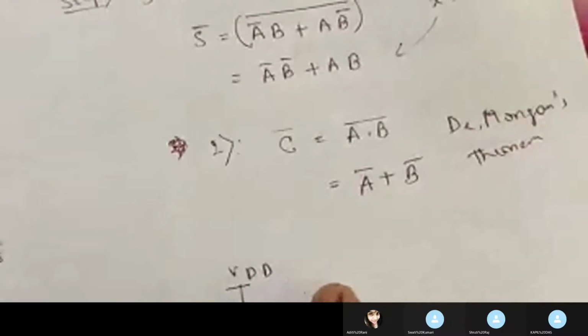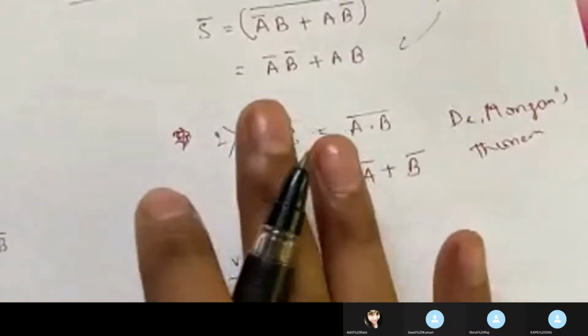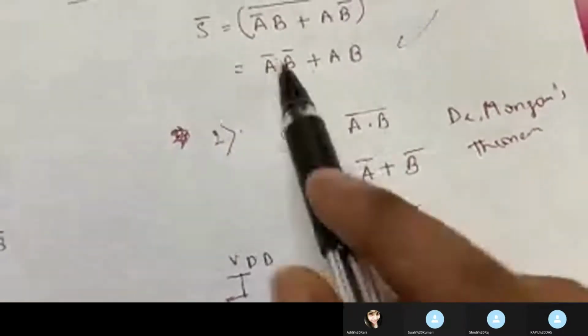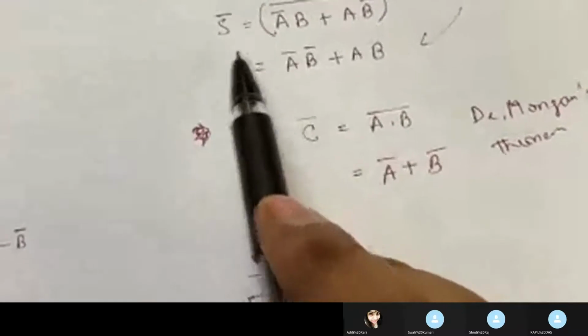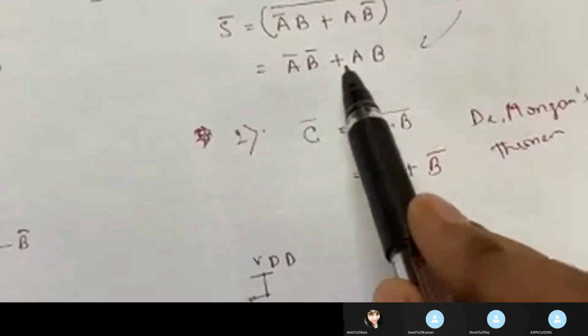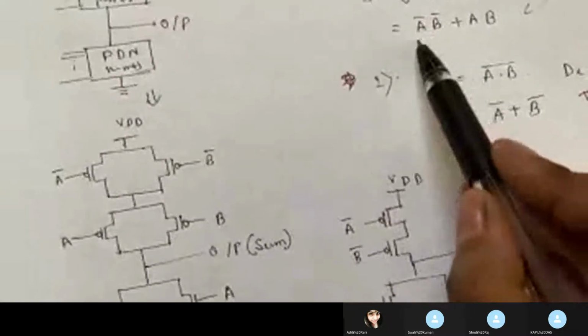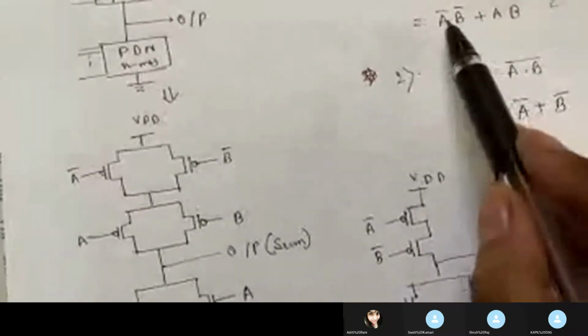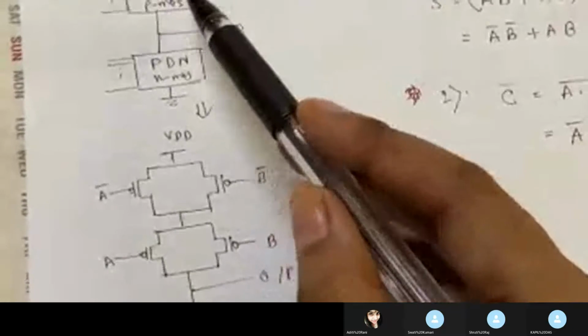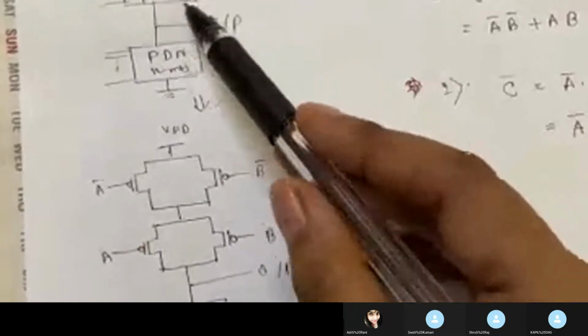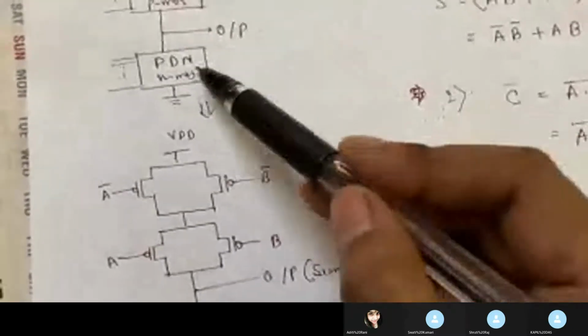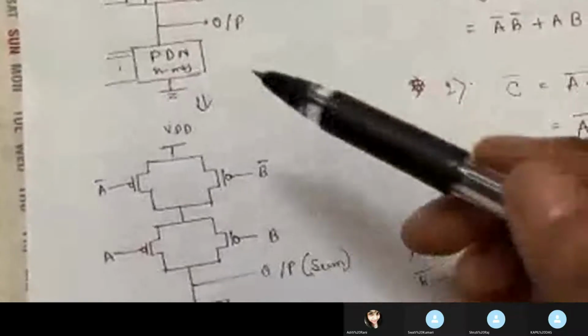So what we will do now, we will design our CMOS logic using these two Boolean functions. For the first one, S bar equals A bar B bar plus AB. Here, first A and B are in AND connection. What I have already told, this will be in the pull-up network. The whole network will be divided into two parts. The first one is a pull-up network, which will be designed using PMOS, and the second one is a pull-down network, which will be designed using NMOS, right?